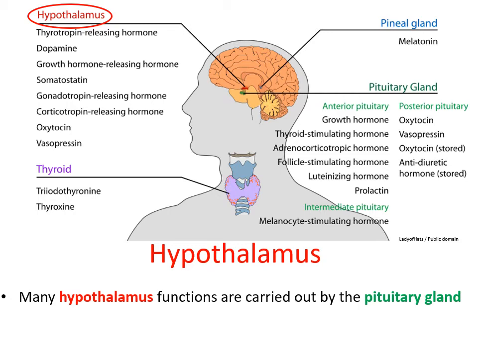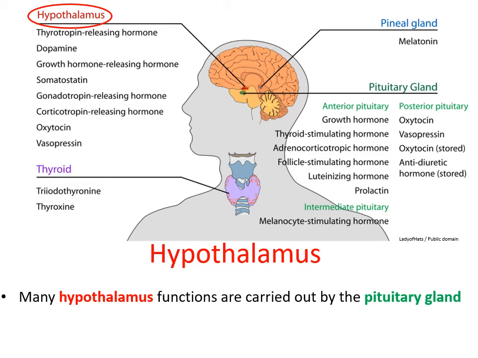And here is a list of hormones that the hypothalamus and the pituitary are producing. Unfortunately, yes, you do have to know all of these. What I strongly suggest everyone does is take a piece of paper and write down the name of the gland, list all of the hormones, and list what they do. Okay? And then also mention whether they're hydrophobic or hydrophilic, if that information was provided.